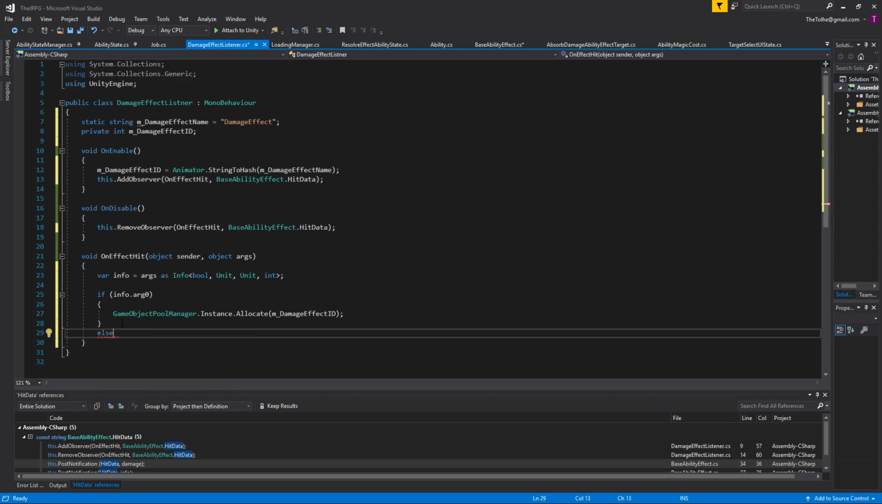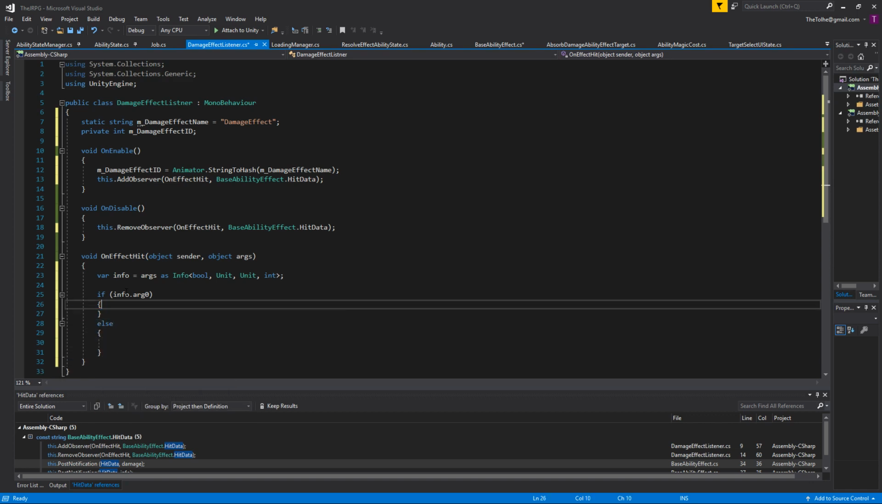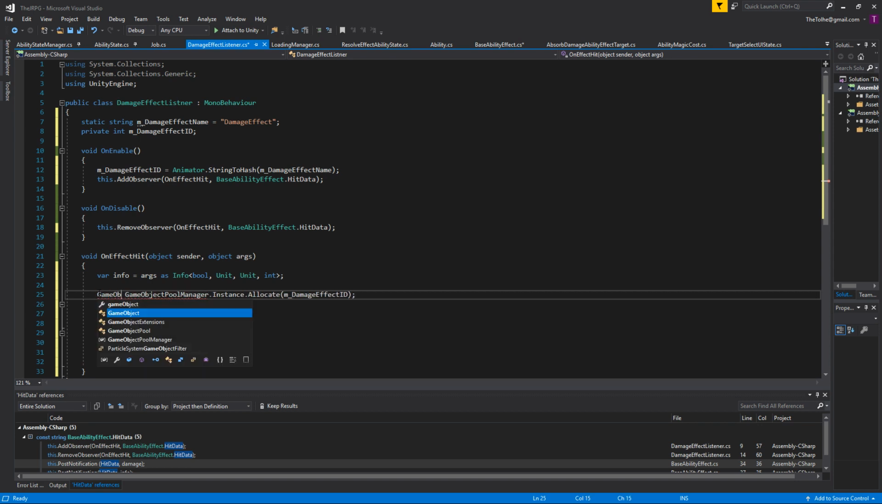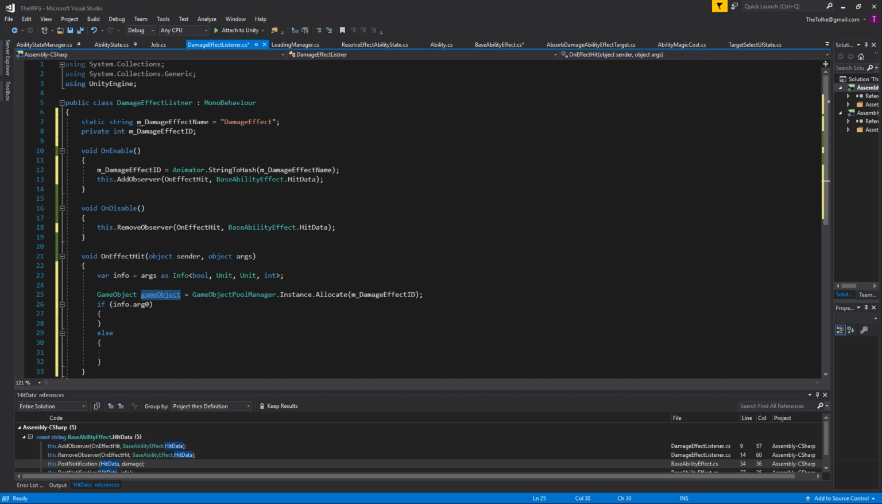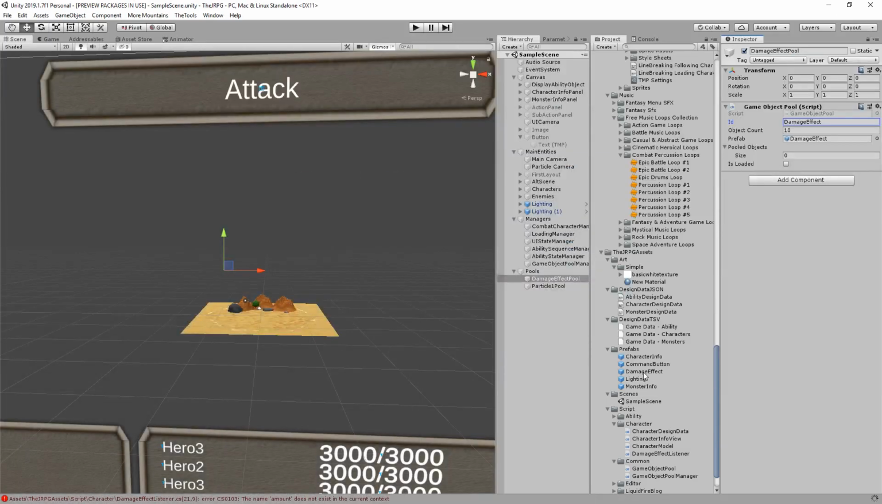Then else, okay, I guess technically we want to do this either way, and then we want to grab this game object equals this, and then get component. We still need underneath all of this the concept of the actual damage effect. So that's the damage effect listener. Then we still need the damage effect. So